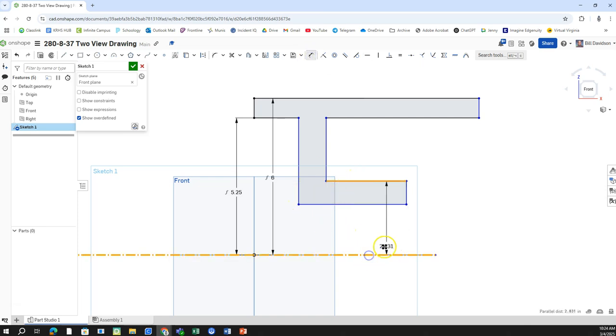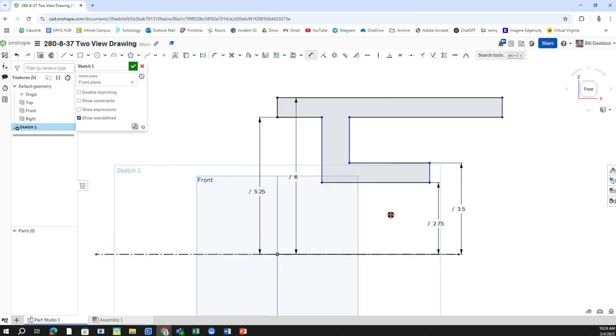That was supposed to be 7, so we'll do the diameter is 7. So 7 divided by 2 is the radius of that one. This is 5. The diameter is 5.5, so we'll do 5.5 divided by 2. There. Now we'll start looking at the horizontal dimensions here, and we'll do a dimension that goes from, so this